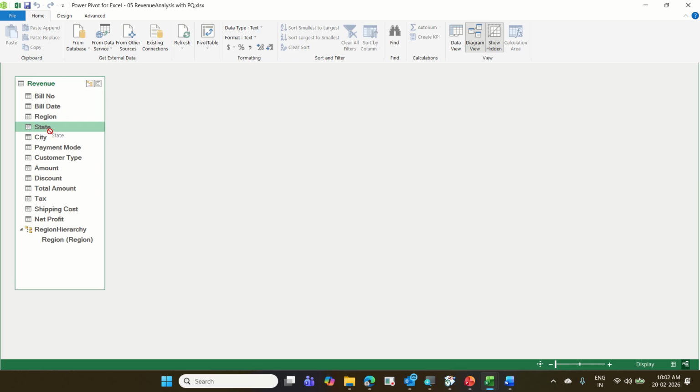Drag it and drop it exactly onto the name of that hierarchy. Don't drag somewhere else, as sometimes it may throw an error. So it's better to place it on the region hierarchy name itself. Drag and drop. But if you feel dragging and dropping is a little bit tougher,